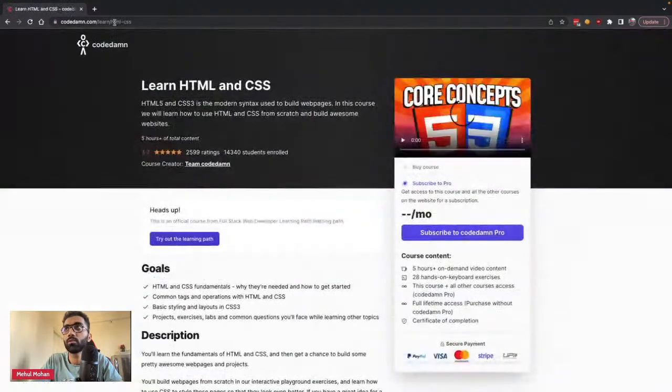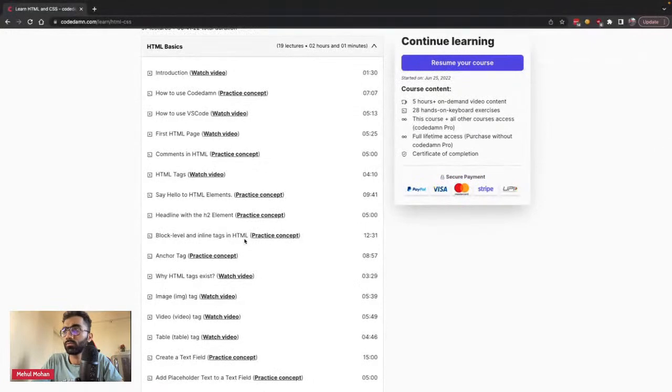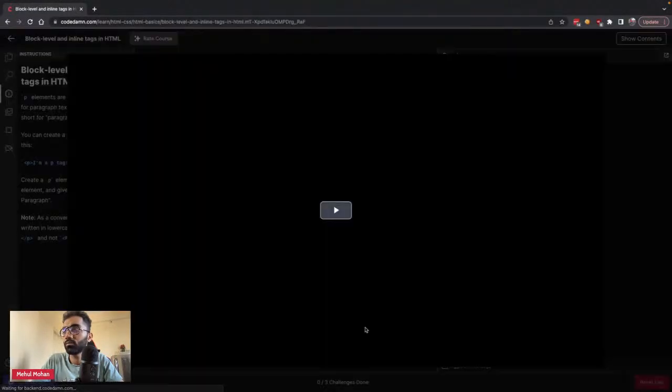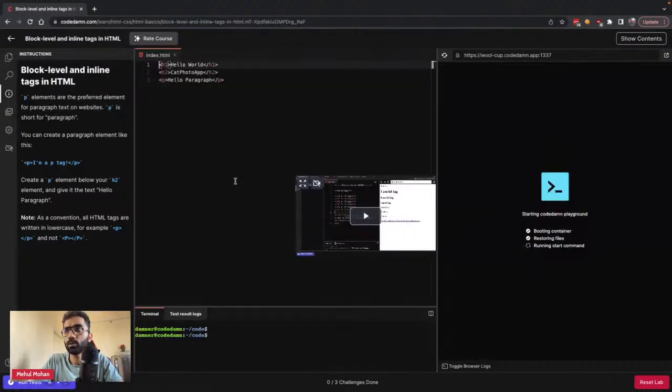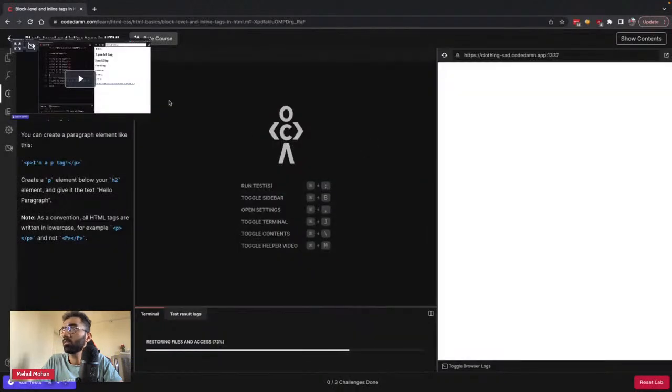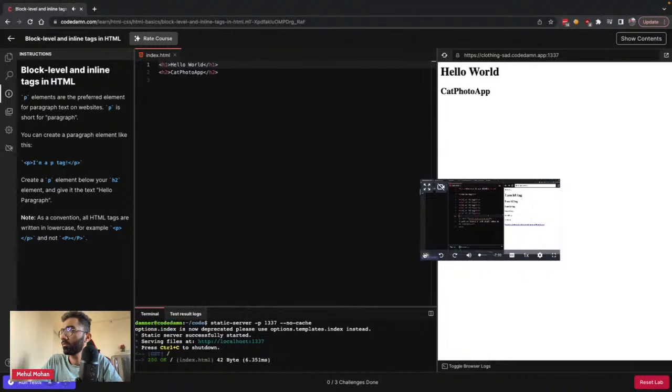This means that if you look at a course, something like HTML and CSS, and let's say if you start this course, you're gonna have these sort of exercises, right?